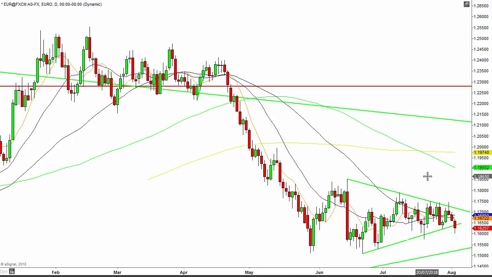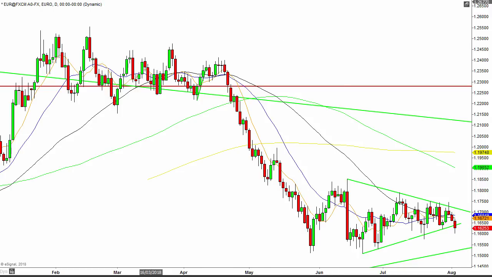We're going into non-farm payrolls tomorrow. Now, I don't know how volatile the markets will be on the back of non-farm payrolls. We are in the middle of the summer after all. There'll be a bit of volatility, certainly on an intraday basis, but I don't know how much movement we will get showing up on the daily charts. Having said that, the euro has started to break down a little bit, showing weakness here. Are we going to see some more downside?